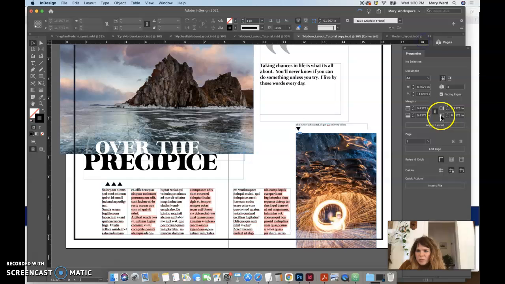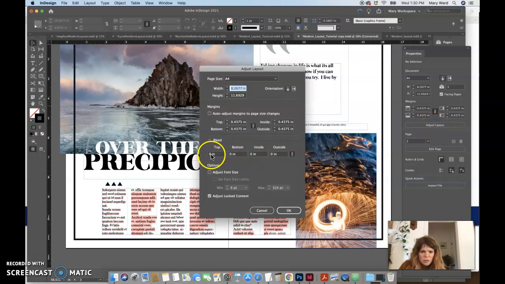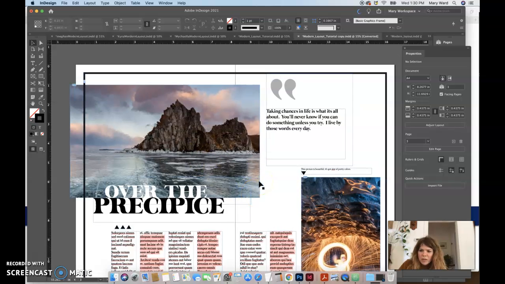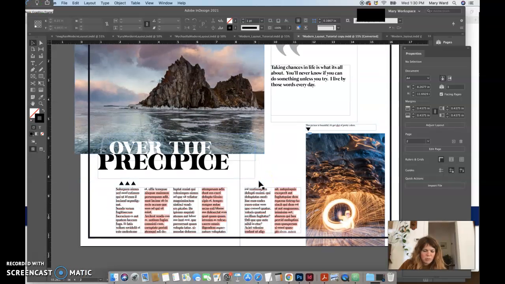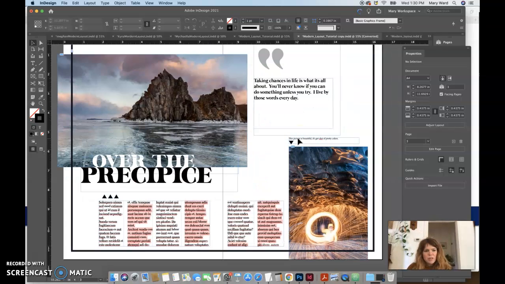Let's see here. I'm going to put this away. So if I click off of everything and do adjust, you can adjust your margins here. You can adjust your number of pages. You can adjust the size here really quickly. So let's do this. Maybe we can add it right here, 1.225. And that's 1/8 of an inch. Is that going to work? For some reason it won't let me add that on there. I'm not sure what's up with this document. You might just have to start over, but anyway, you'll need a bleed,